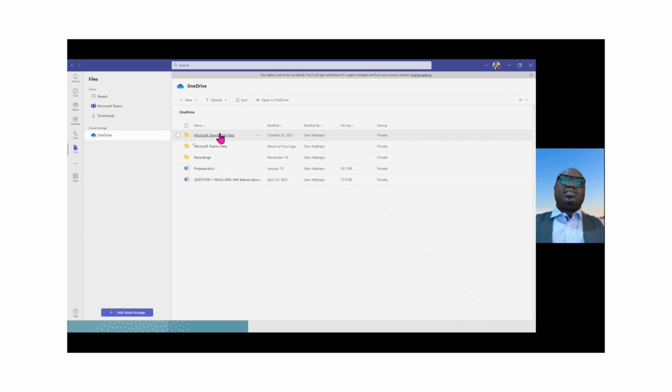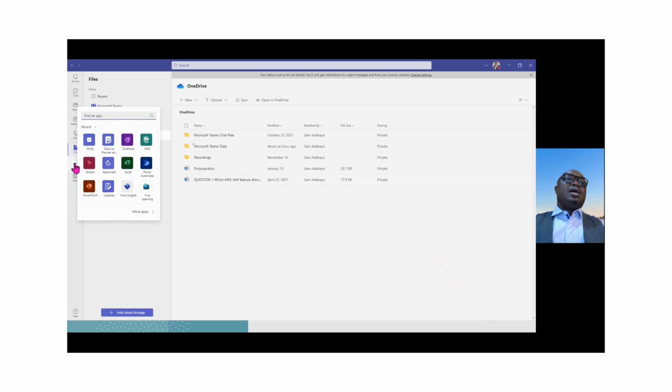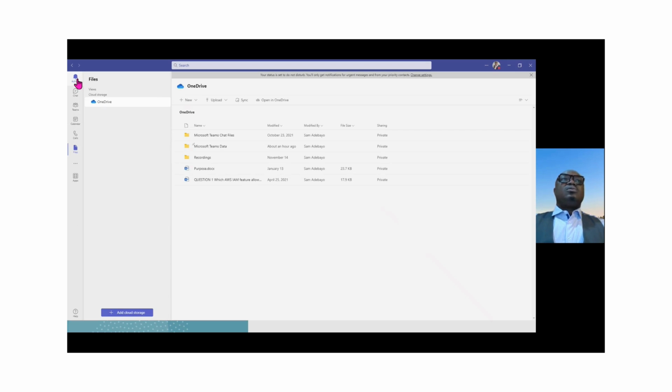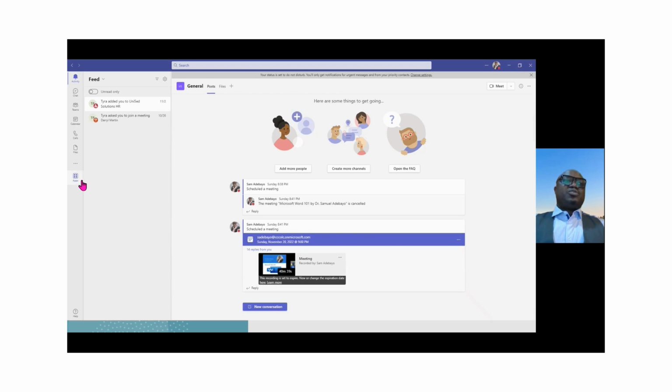And I can share this file as a text, I can share it as a chat, I can send it as email as well. And also here, these three ellipses, you can see all the apps that we have in Microsoft Teams that make it work well for us. We can customize this. We can add apps to this as we go along. Okay, and that is the left rail.